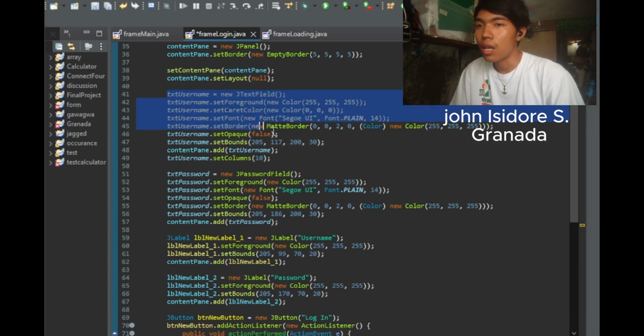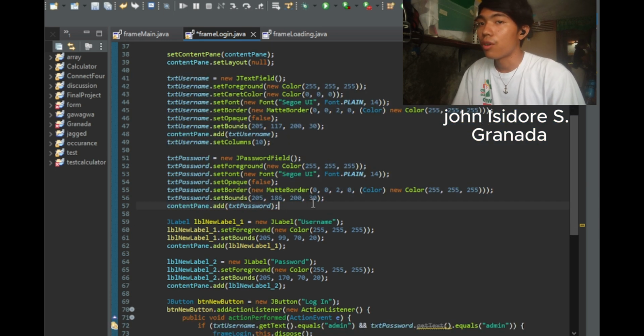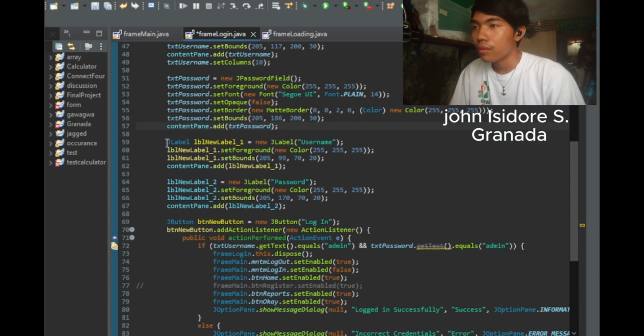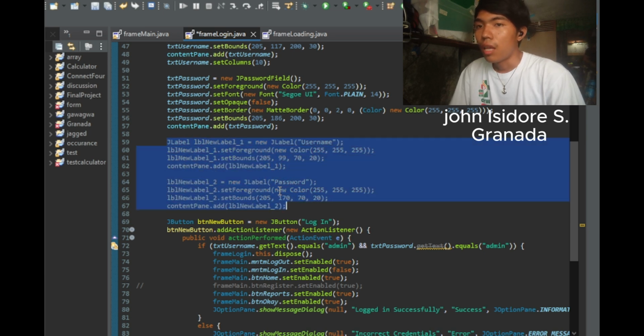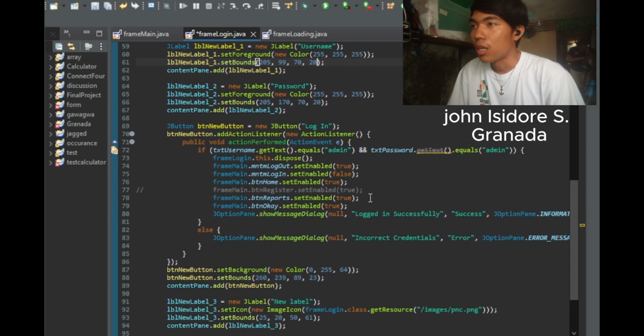Next is the text field, with customized appearance: white text, transparent background, and a white bottom border, positioned at specific coordinates on the pane. Then we have a JLabel positioned to label the text field and display an image. So we have the username label and password label.